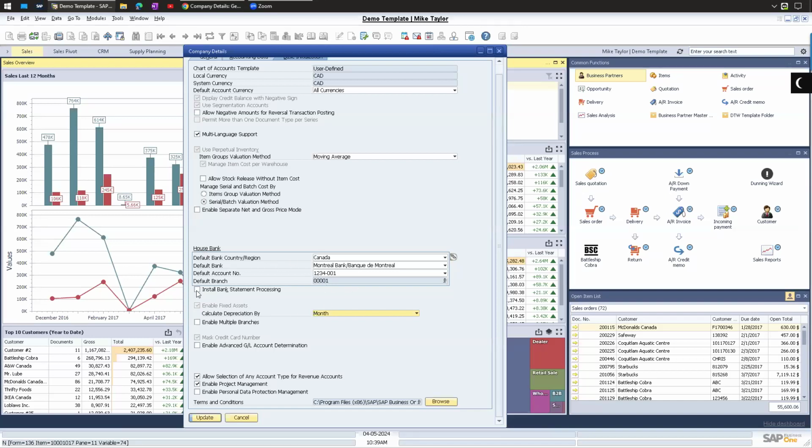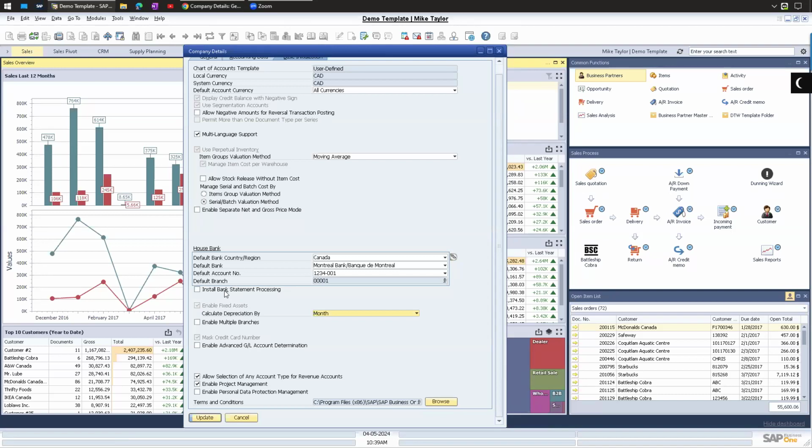There is an automatic bank statement processing system that you can enable here. Some of these settings are more inventory stuff, so why are they here specifically? I'm not sure. But these ones are more basic initialization stuff. Installing the bank statement processing, you could check this. I personally don't know how to do this. We can help you with this, but this is an automatic way that you can get your bank statements from the bank and upload them,